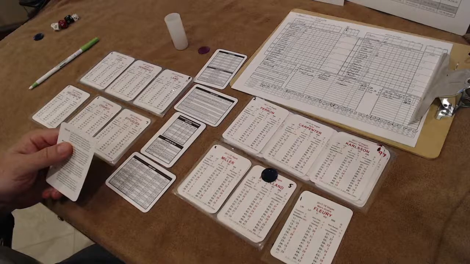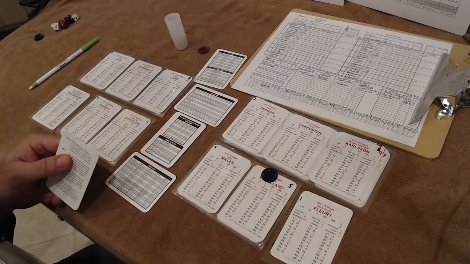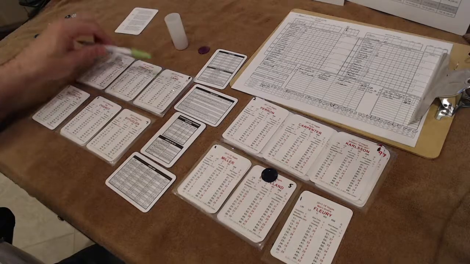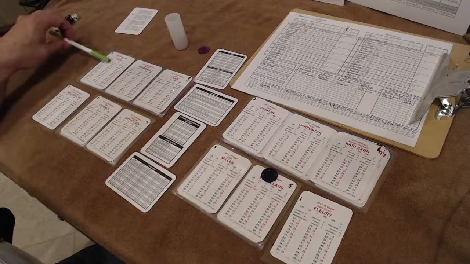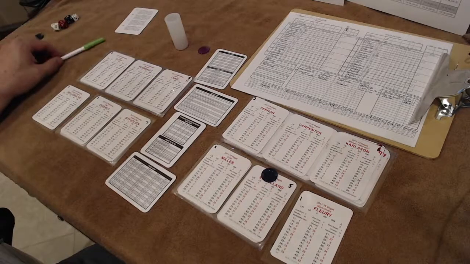Is equal to or greater than the number. So the number was 11. Their forecheck is 4, 5, 6, 7, 8, 9, 10. So it's not. So it will be a shot on goal